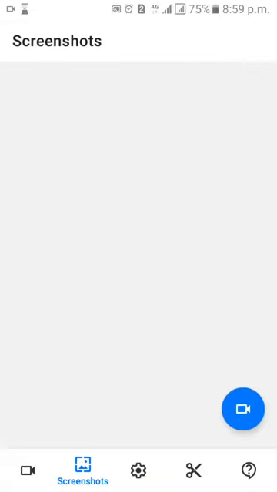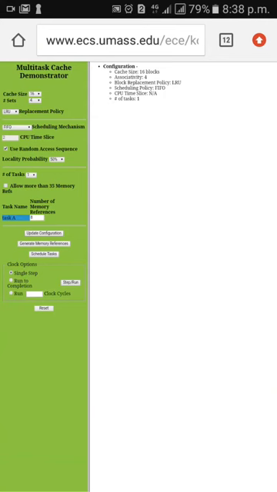Today we are going to see about the multitask cache demonstrator tool. Overview. The simulator provides the capability to model a small size cache on a system that supports multitasking. In most modern systems,